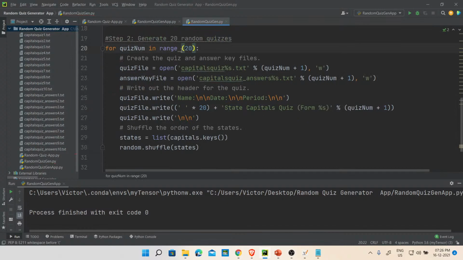So in this range, as long as this holds true, I'm going to create the quiz and the answer quiz. You can see here, you can call it anything, you can call it quiz, but if you forget to use this string, then everything becomes the same, and you won't even know how to increment this. You continue to overwrite it. Remember, we saw that example also when writing to our Excel file.